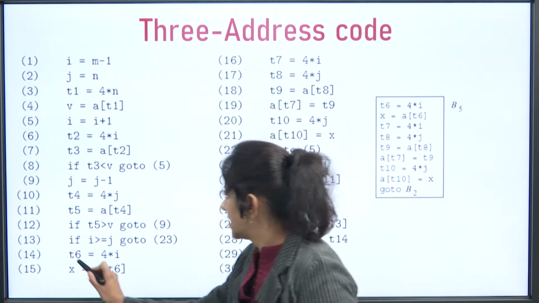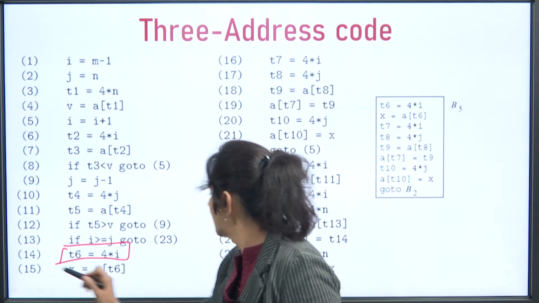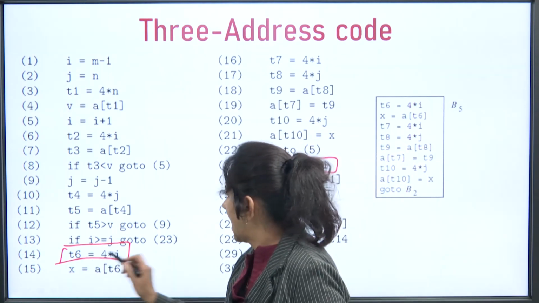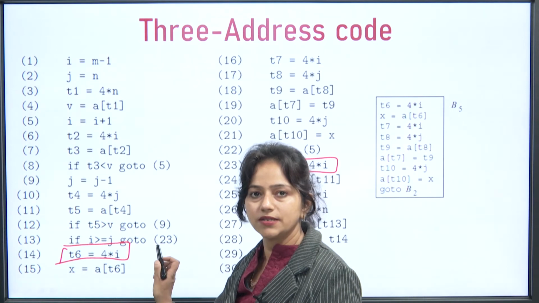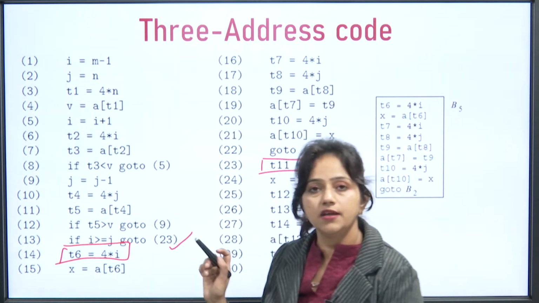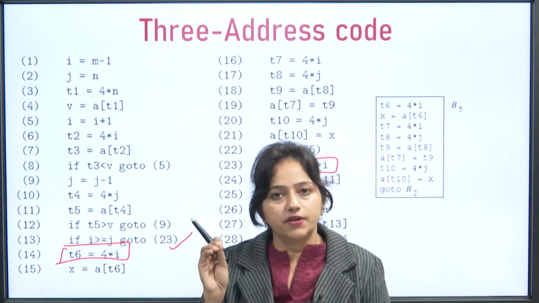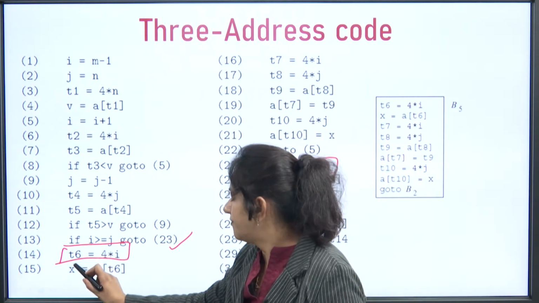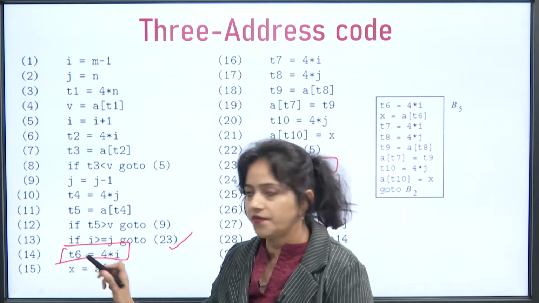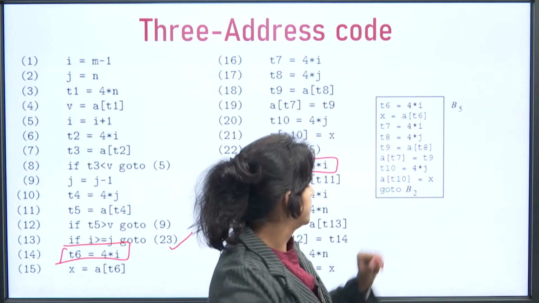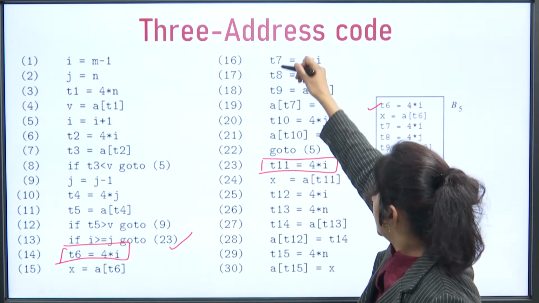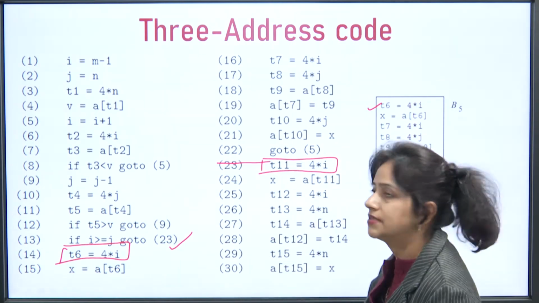So, what we can say here is that this is the leader and this is the leader. We have covered all the leaders, all the statements up to here. We already know that every 3 statements will come exactly in one block. So now we have T6 equal to 4i, so we will start to implement block 5 with T6 equal to 4i, and we will keep all statements up to here because this is the next leader.